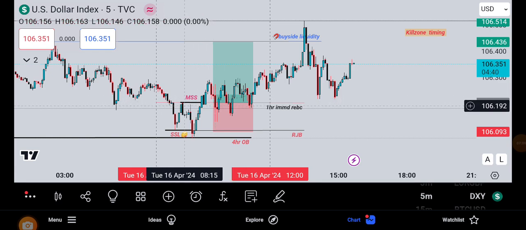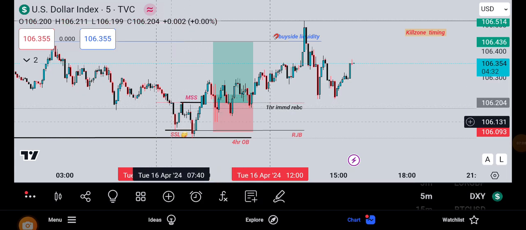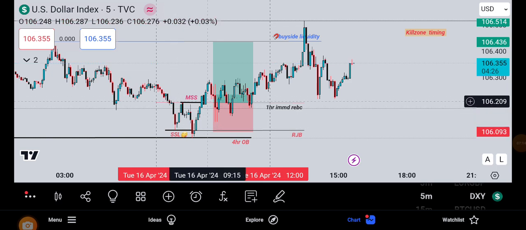It rallied higher, creating this market structure shift, whereby we have these candles closing above this previous swing high, after this low had been engaged. So to me, this is a market structure shift. So I've confirmed three things: key level, sell side liquidity grab, and then we have this market structure shift inside